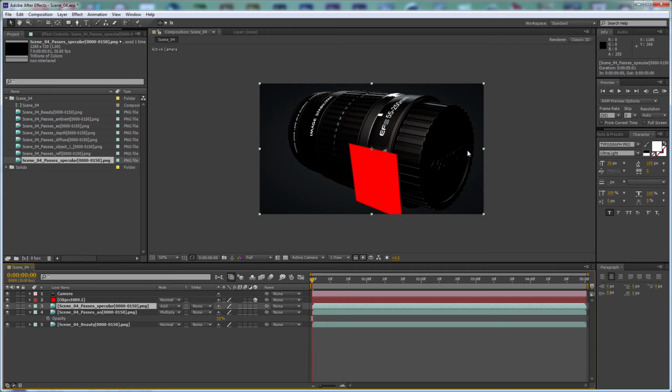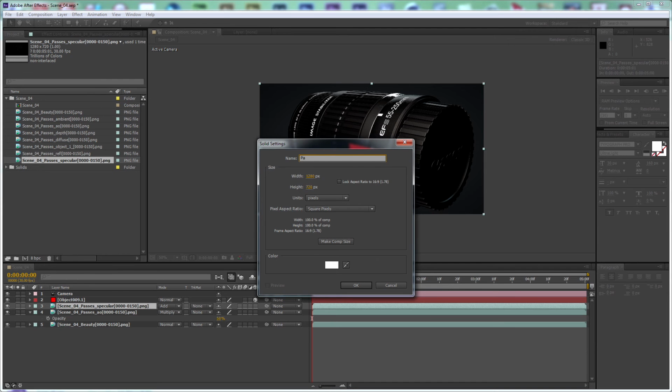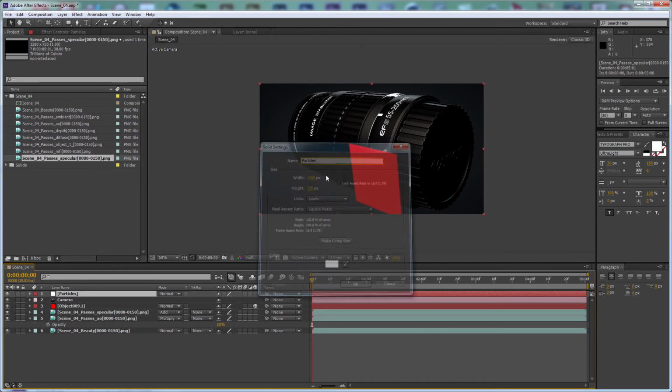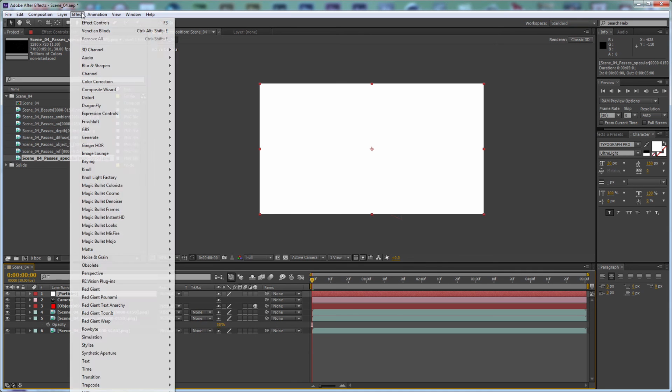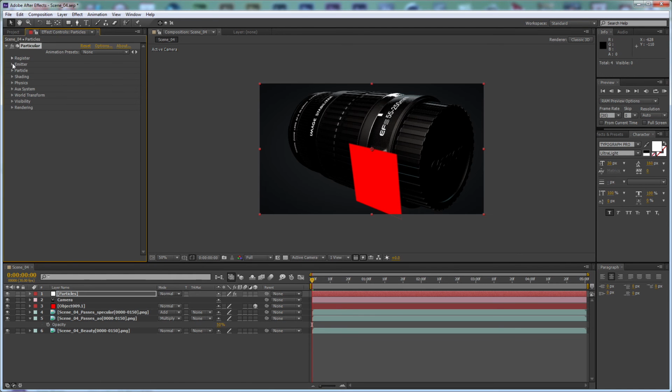Now we need to create some particles. Now we need to create a new solid, and let's call this one particles. And let's go to Effect, Trapcode, and apply Particular. Open the emitter section, set this to